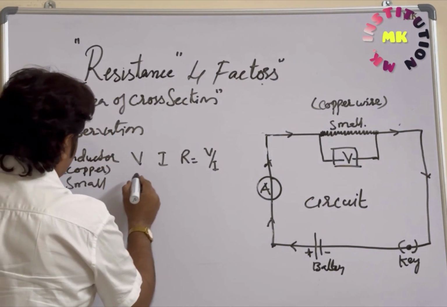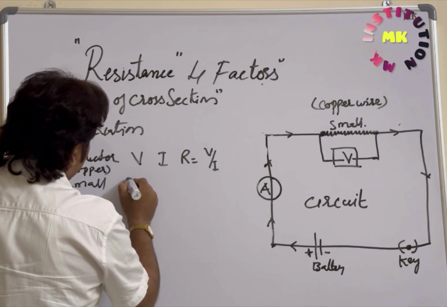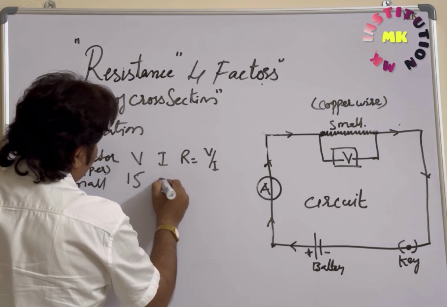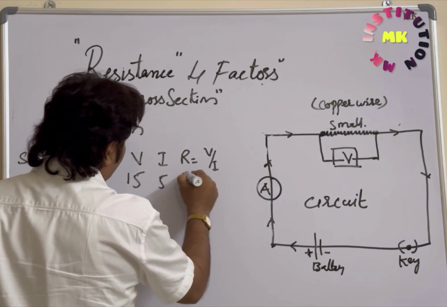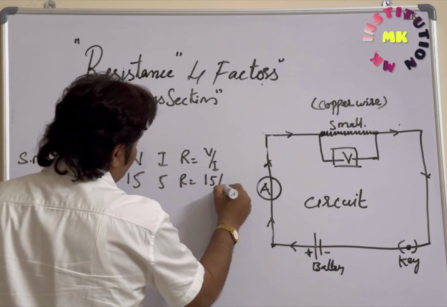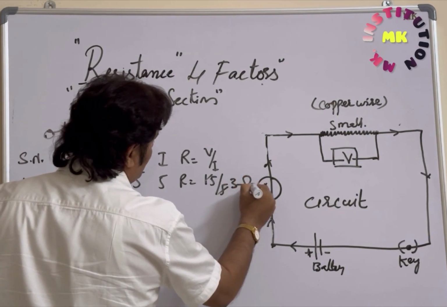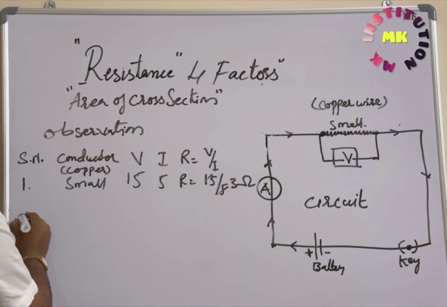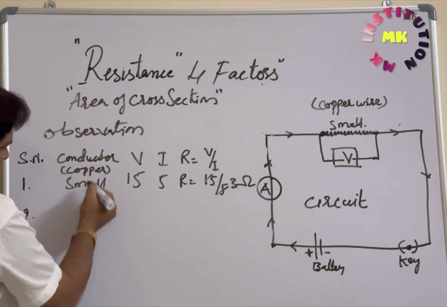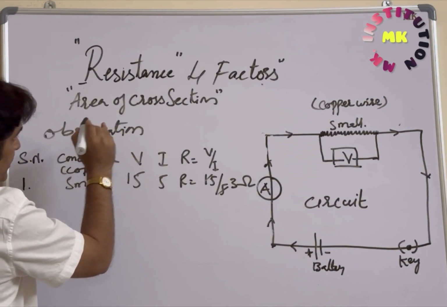Now suppose here 15, okay, 5. Then what will be the resistance here? 15 by 5, 3 ohms. Clear? Now the second one, same copper wire we are taking, but the area of cross section of this